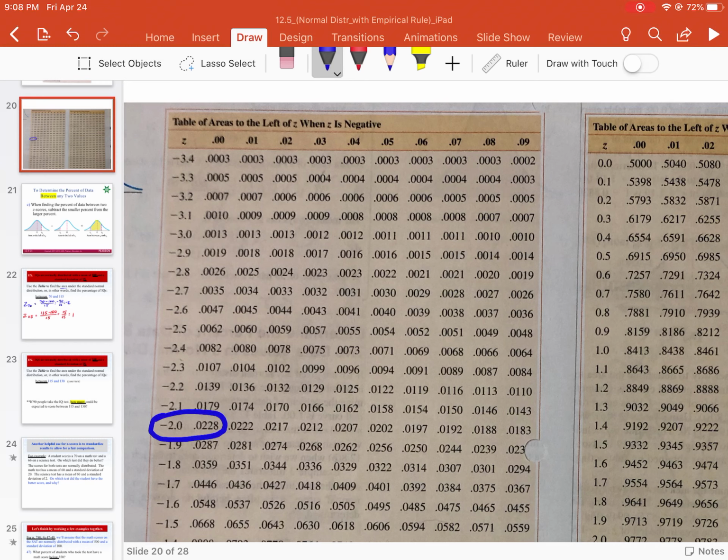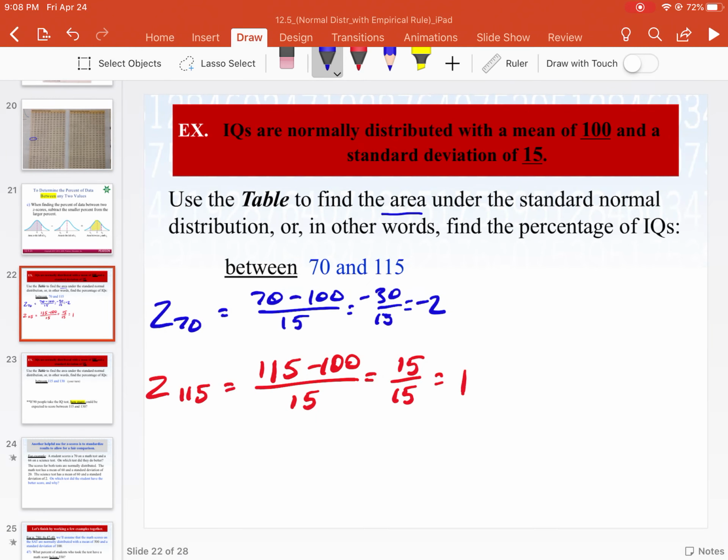So 0.02, about 2%, okay? Not too many are going to be below that. All right, so this is 0.02 or 2% below, which is fine. We're going to use below for each of these, and then I'll show you how we're going to figure out